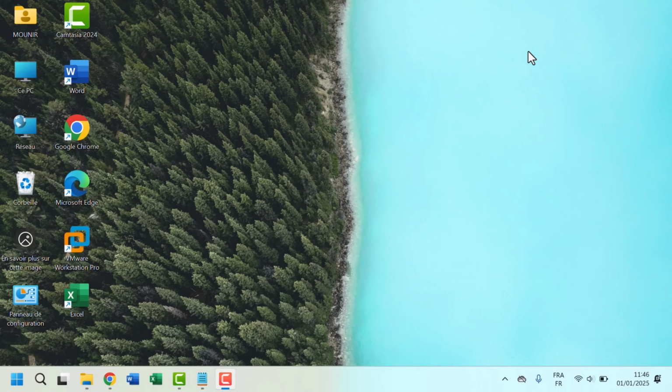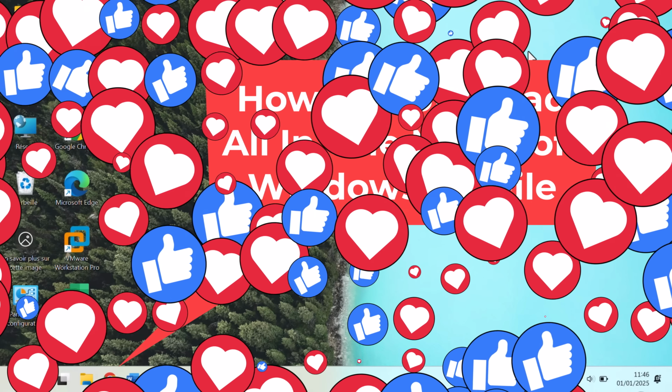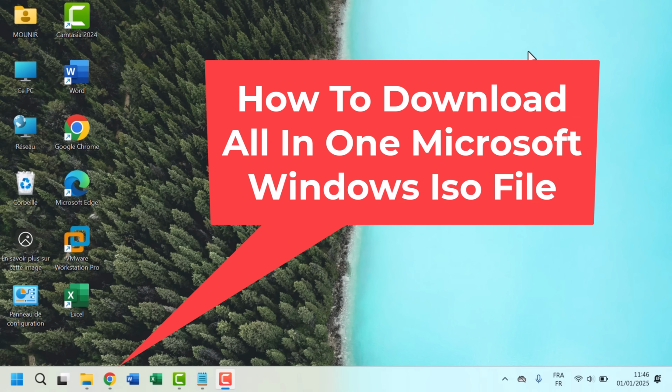You are always trying to download the Windows operating system, but it's too hard. You are trying to download maybe some previous version of Windows, but it's not easy to download directly from the official site. Let me show you one solution to make downloading the Windows operating system very simple, very easy